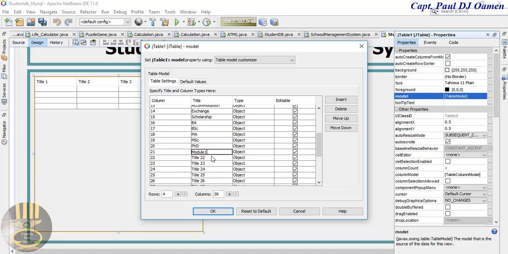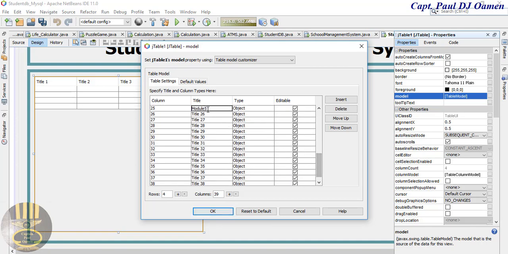So this is going to be model 1, model 2, model 3, model 4, model 5, model 6, model 7, model 8, there. And here I'm going to enter the score